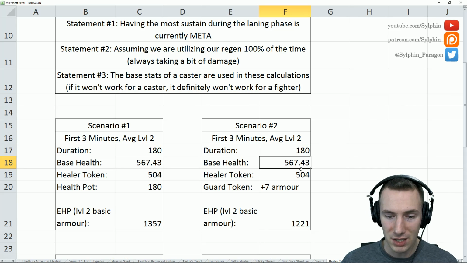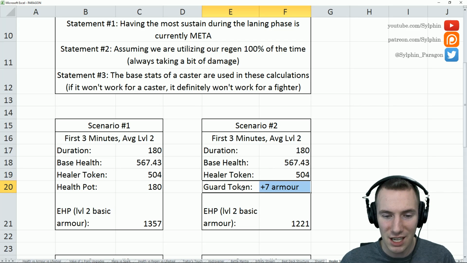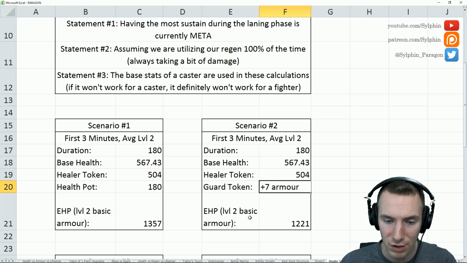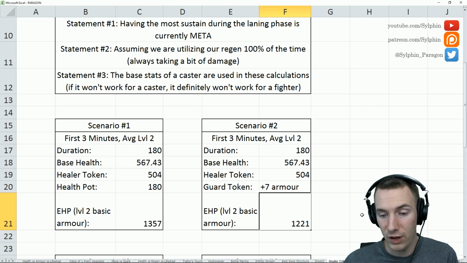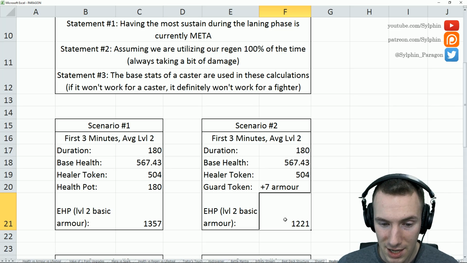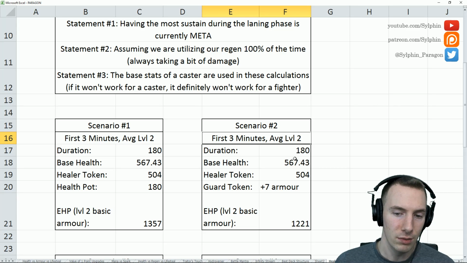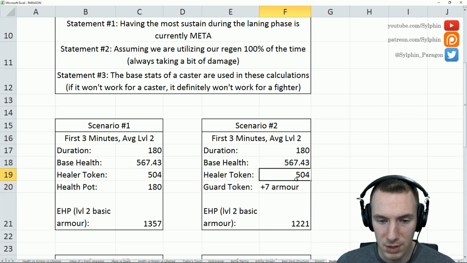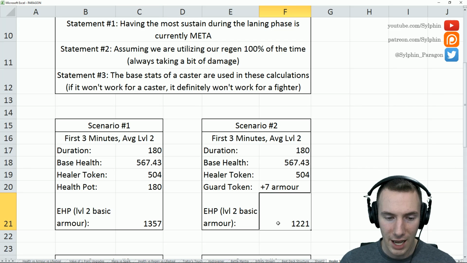is the same. Base health is the same. Healer token, over the same duration, it's working the same, but instead we have the guard token that gives us +7 armor. So this +7 armor goes into this formula here, and it gives us 1,221 effective HP there in the first 2 minutes. With the health from the healer token and their base health and the armor and their base health, etc., etc. As you can see,